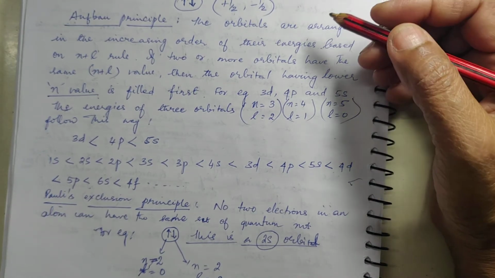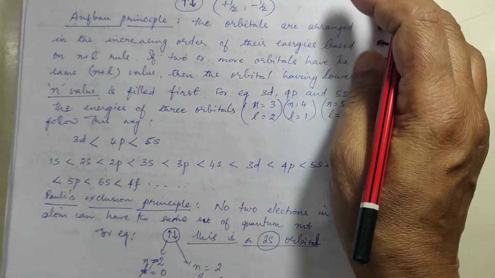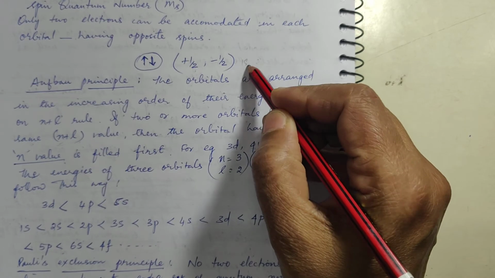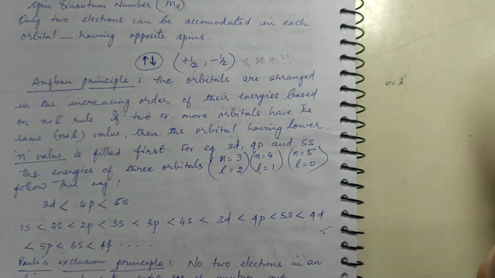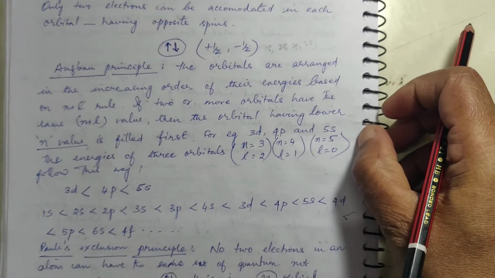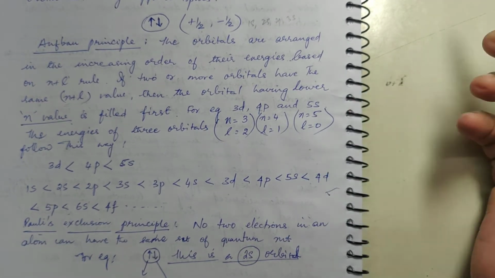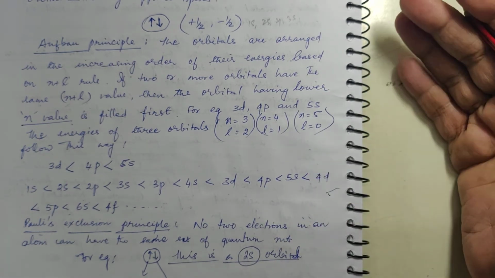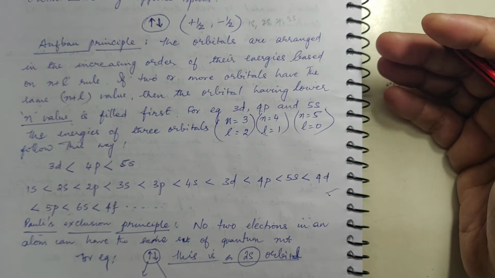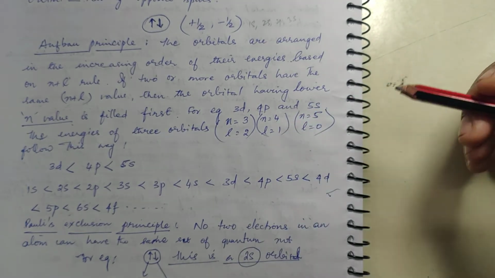Now you know very well that the different energy levels are 1s, 2s, 2p, 3s, all these things you know, taking it for granted. So if you want to calculate n plus l value for such orbitals, then how they are arranged, in what way their energy level is arranged, that is what you have to see.